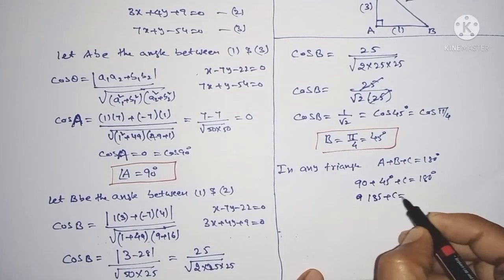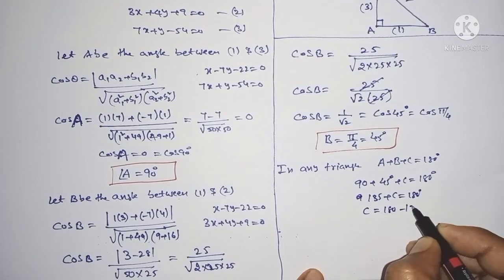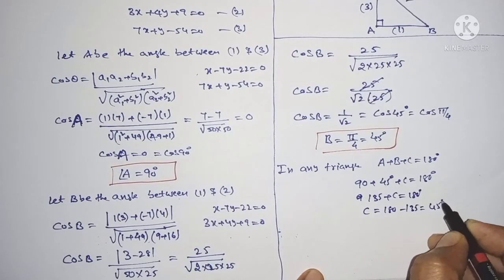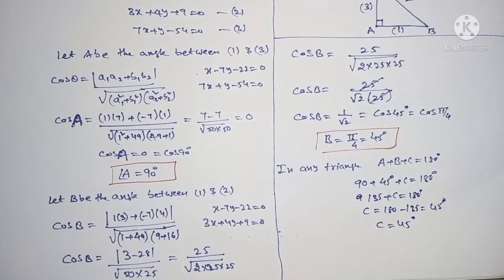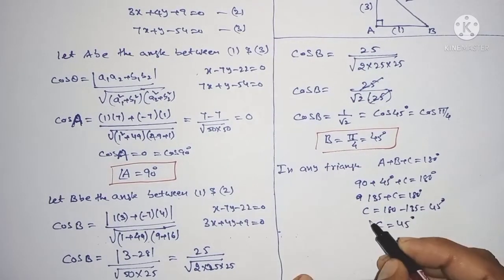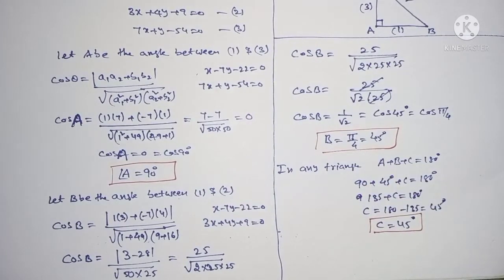135 plus C is equal to 180 degrees, or C is equal to 180 minus 135, or directly you can write here C is equal to 45 degrees. C is equal to 45 degrees. You have two angles that are the same and one is 90 degrees. Then you can write here the given lines are